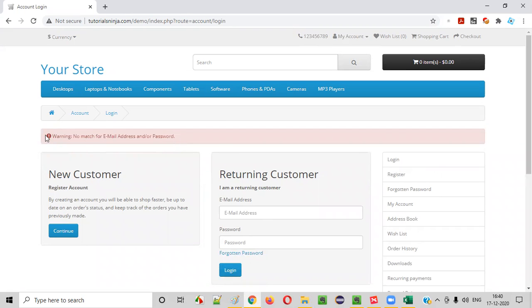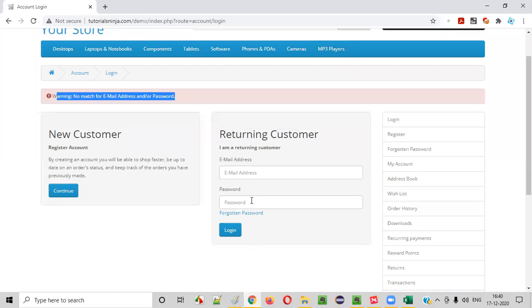The same warning message should come. When you don't provide the credentials also, you're getting the same warning message in this application. Different applications behave differently, guys. Some applications will display a field level warning message saying enter email address when you try to log in without providing credentials. But this application, no matter what, if you don't provide credentials also, it's saying no match for email address and